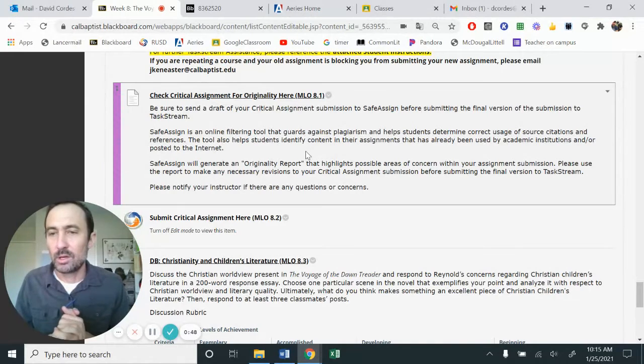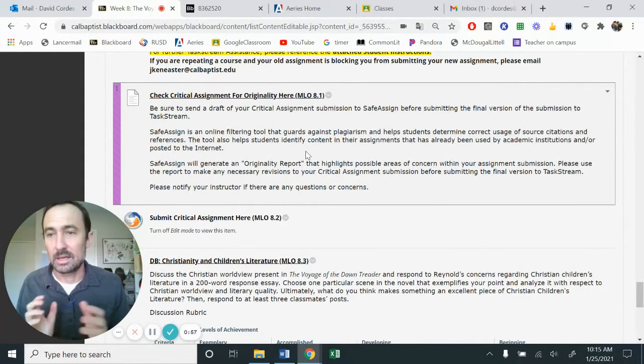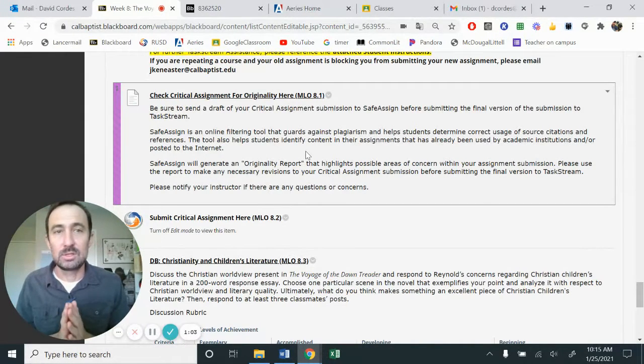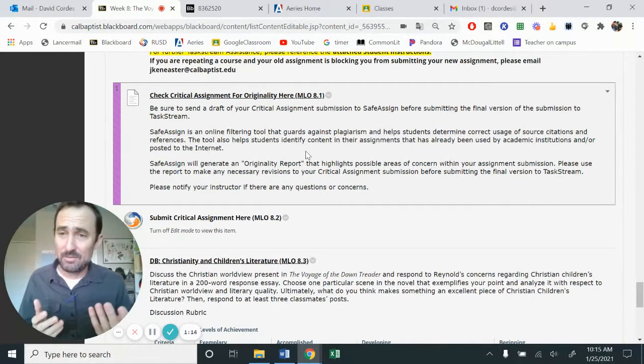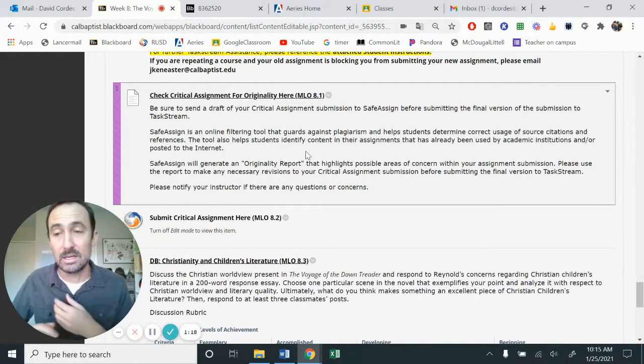Please, if you would, submit this as a Word document and not a PDF. PDF is not necessarily super compatible, but it would be nice if it's just in a Word document. You're uploading this just like you've done before in the past, so please make sure that you are uploading the correct document. You have found the right submission to turn that in. A lot of times people have a draft and then have a final for some reason, and so I just want to make sure that you get the correct one in.